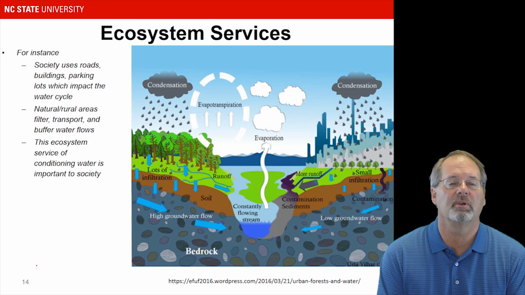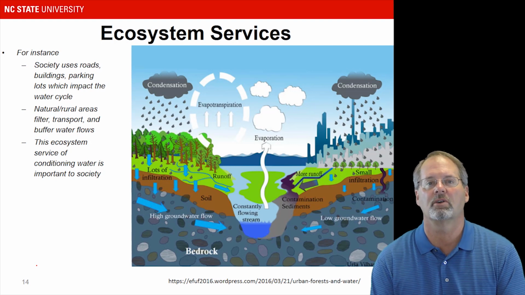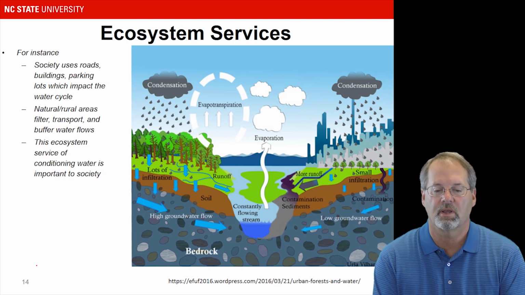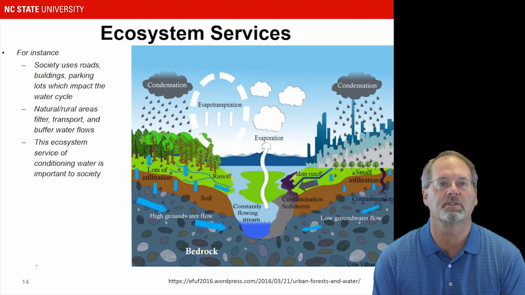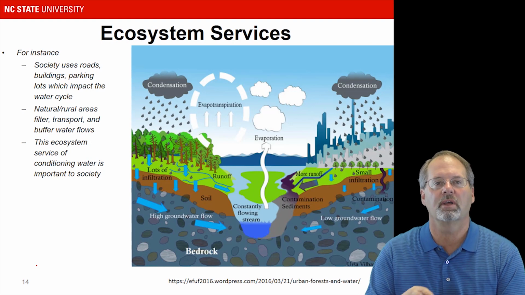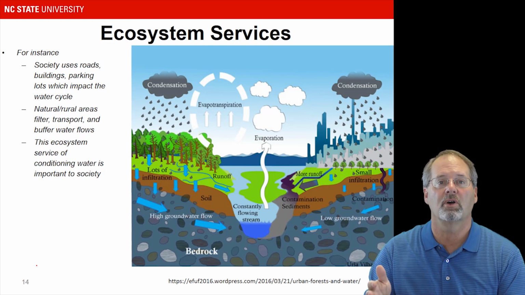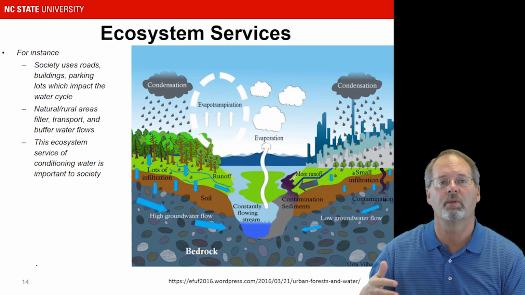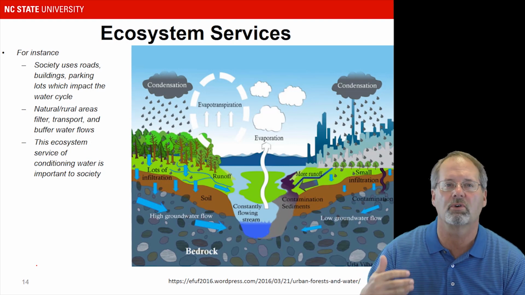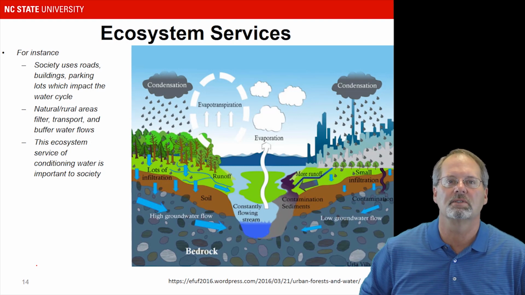Here's just kind of an example of how a rural area can provide ecosystem services, and how urban areas can. What we see here on the left is condensation or precipitation, rain, going into the forests and the soil, and it infiltrates the soil and then lower down into the groundwater, and then it actually slowly goes into our rivers and lakes, and then we use it. Society uses it for manufacturing, for drinking, for recreation, for all those things. And that rural area provides that nice ecosystem service.